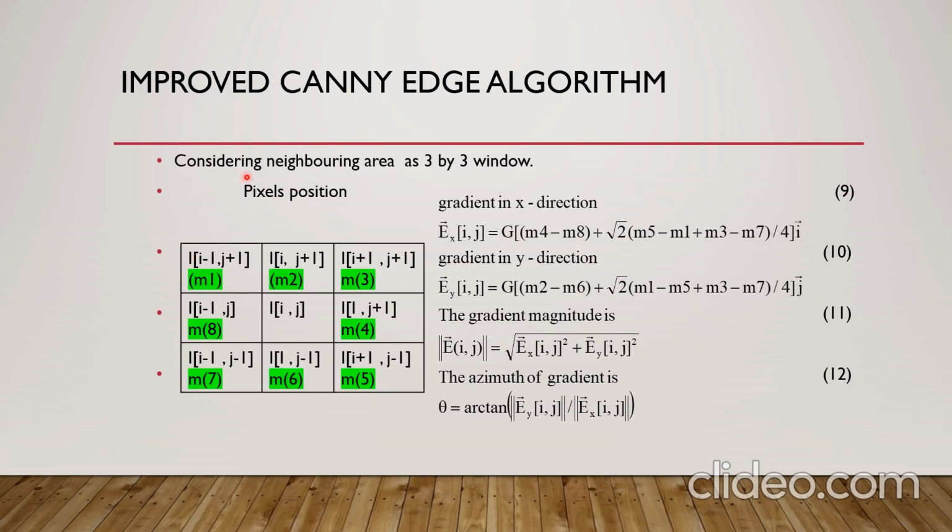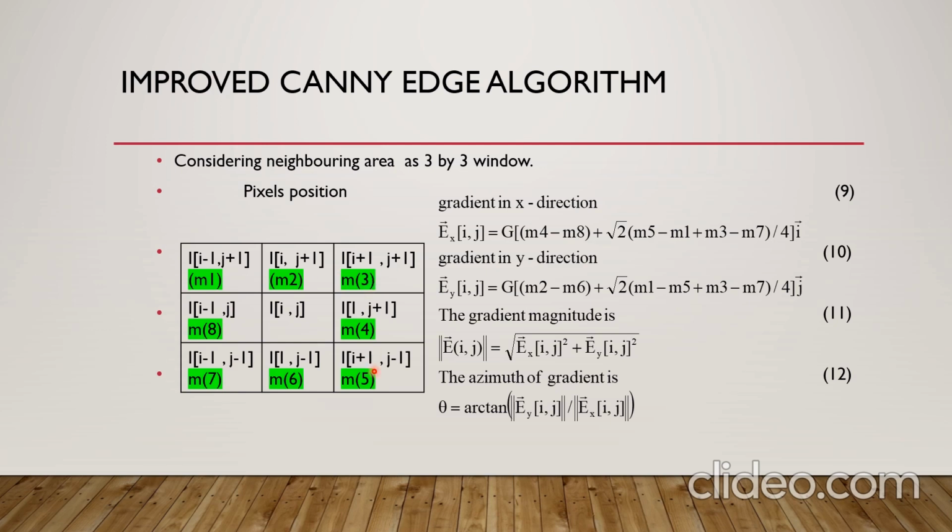In order to find out the gradients in x direction and y direction using gravitational field intensity formula, we consider a 3 by 3 neighborhood window in which 8 neighborhood pixels are placed around center pixel I, j, and named in a clockwise manner m1, m2, m3, m4, like that. So the gradient in x direction ax of I comma j equal to some combination of all